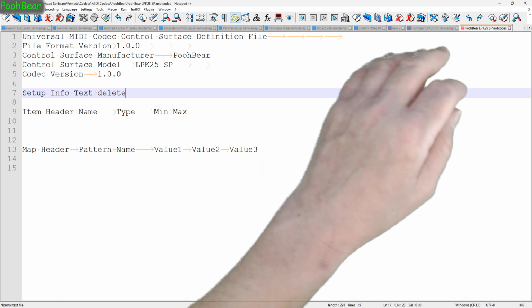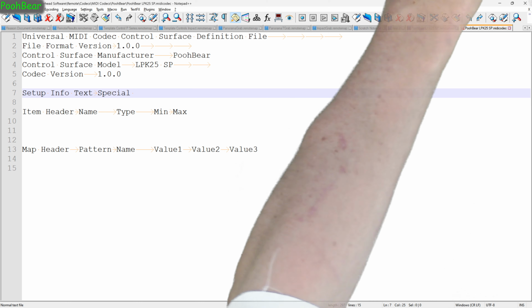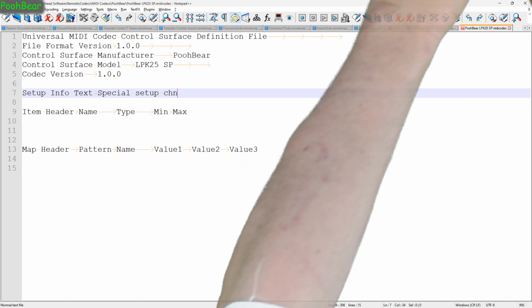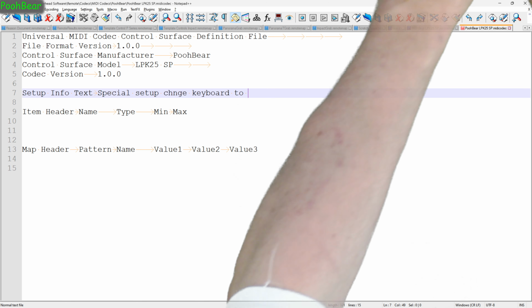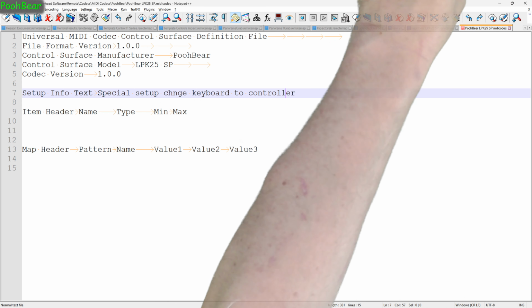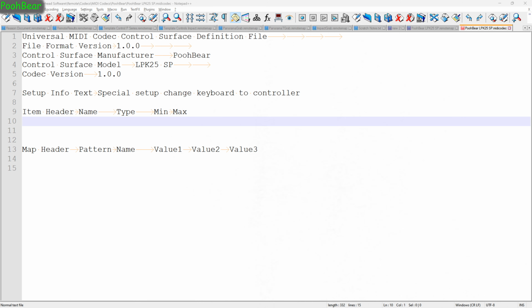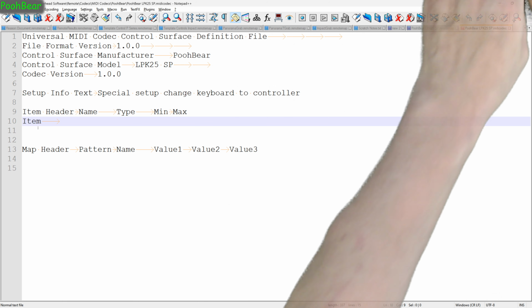in to remind me. Instead, I'm going to say this is going to be a special setup change keyboard to controller. So, let me put an A in change there, so I missed that out. There we go. And that's what we're going to do. So the first thing we need to do is we need to give ourselves a item. Keyword here is going to be item. Then your next word is